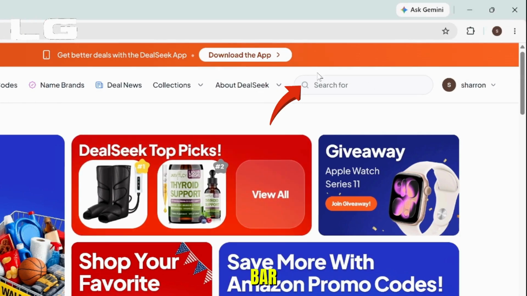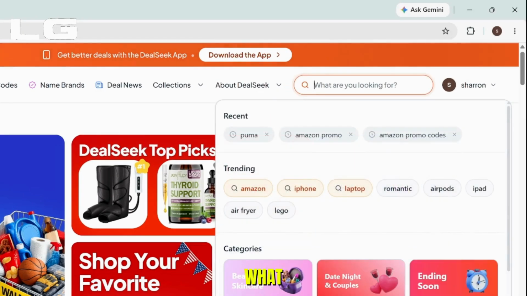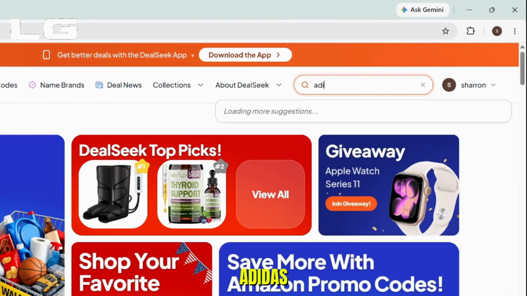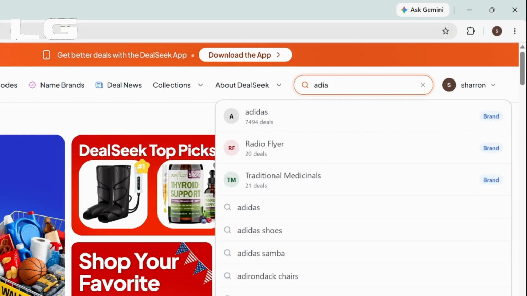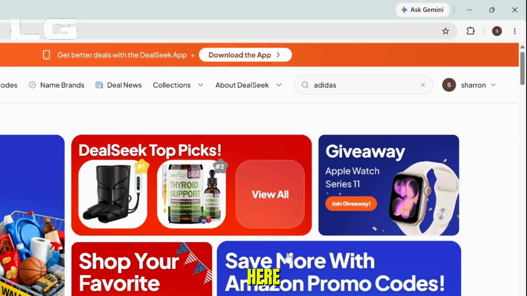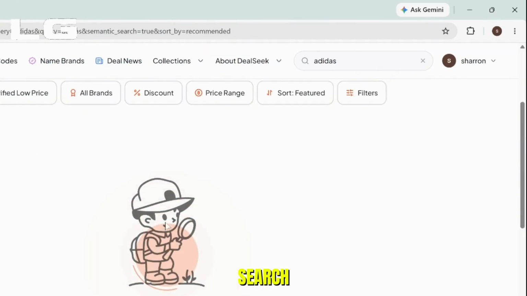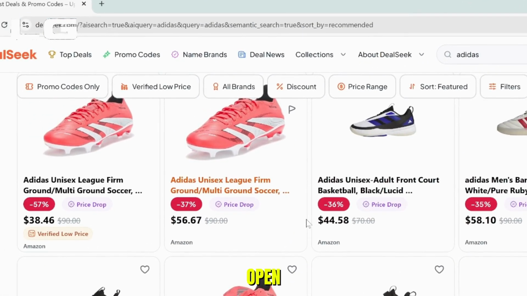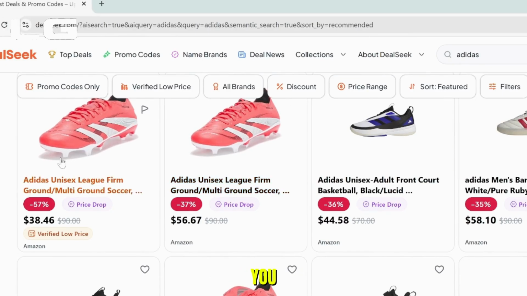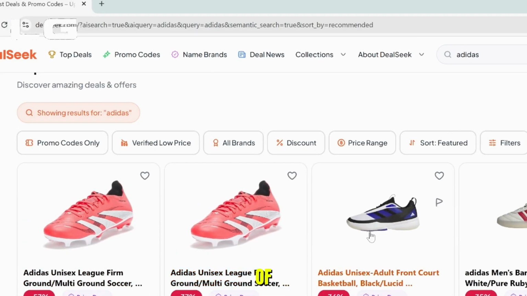Once you get into the official homepage of DealSeek, what you need to do is browse the search bar in the top right. Here you need to type down Adidas and select enter. Here you can find the search results and you can open any deal that you're interested in. You can select one of the shoes of the Adidas